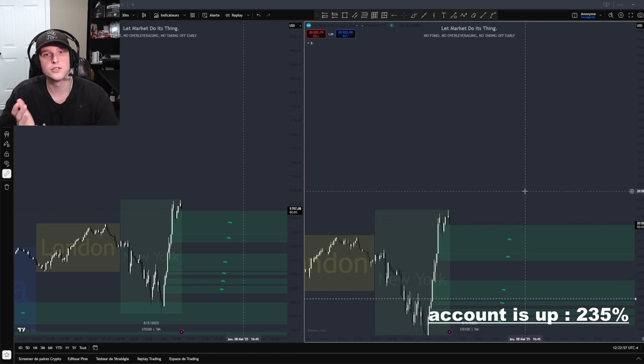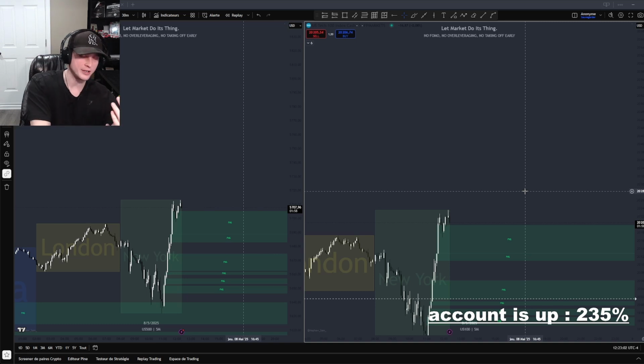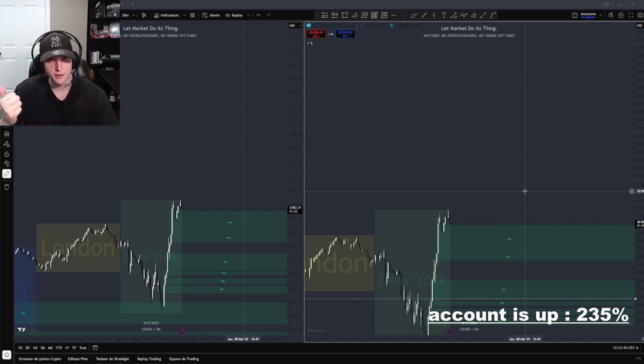Step number two is to choose your tools. All right, guys. So you want to keep your draw on liquidity. You want to keep your trend. In any strategy, if you don't have that, you're going to lose. After that, all that comes down to is picking your 1 to 2 entry triggers. Is it market structure shift, fair value gap? Is it inverse fair value gap, SMT? Is it equilibrium tap with a breaker? Is it the unicorn setup? Whatever it is, you guys need to figure that out on your own.